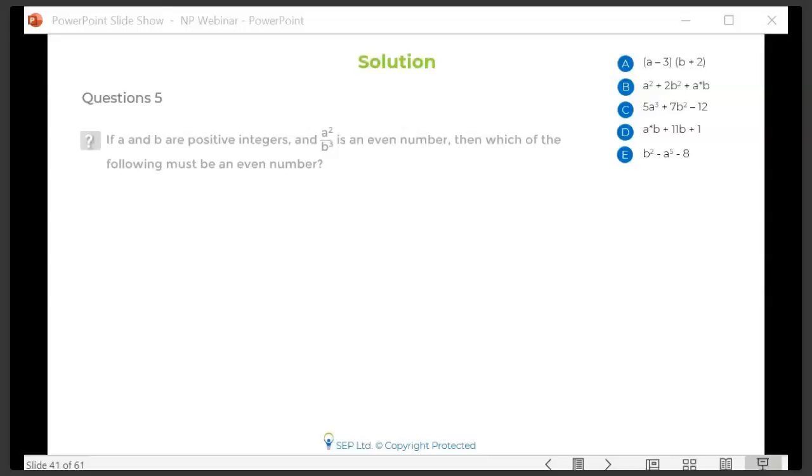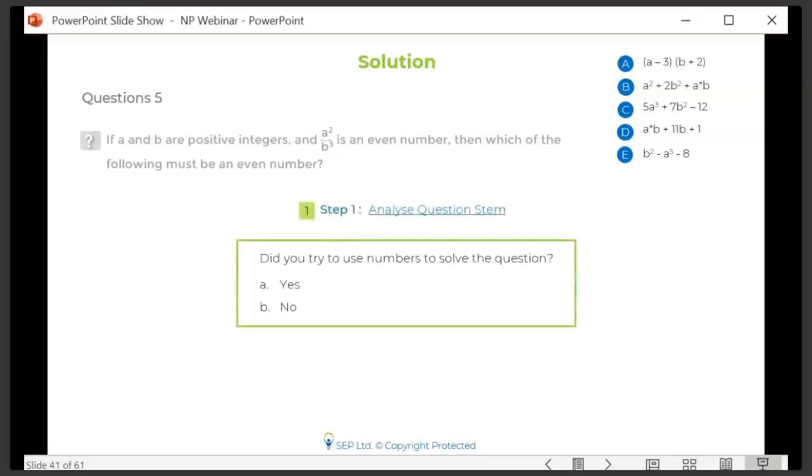Do you think the question was difficult? Kindly put in your response in the chat box. Okay, Maiti is saying choosing numbers. Okay, fine. Taking proper cases to deduce between A and B. Okay. In fact, my first question was about this only. I was about to ask you all, how many of you took numbers to solve the question